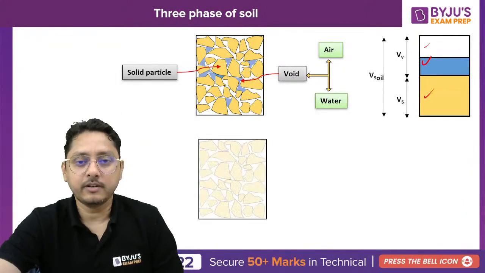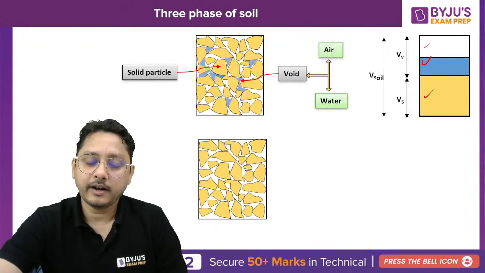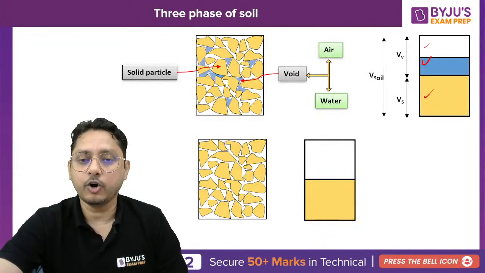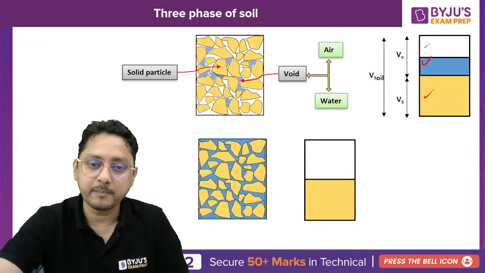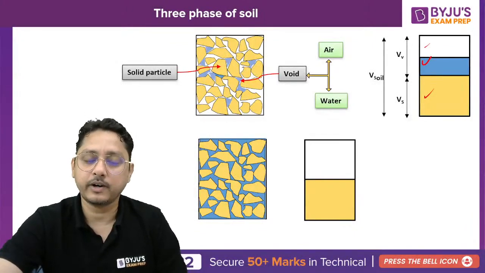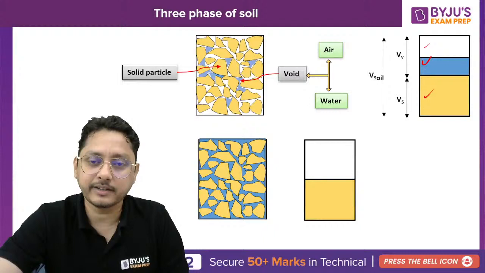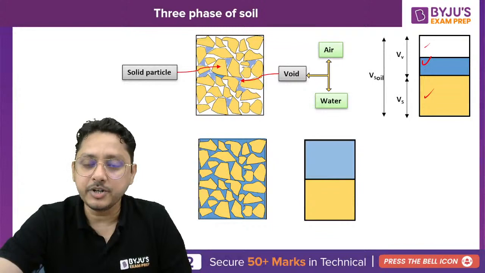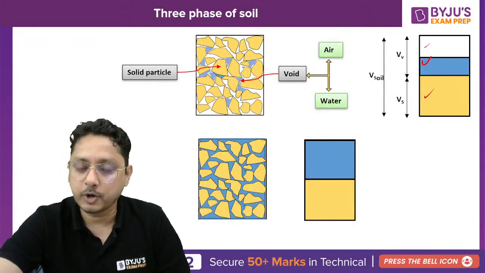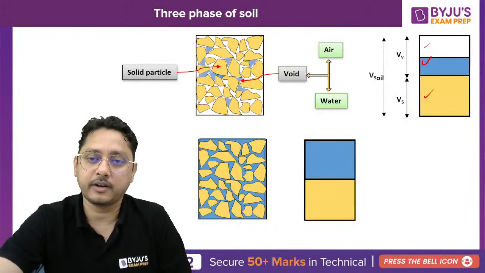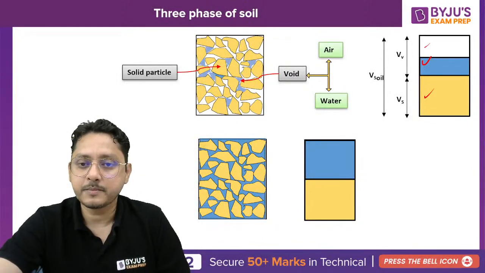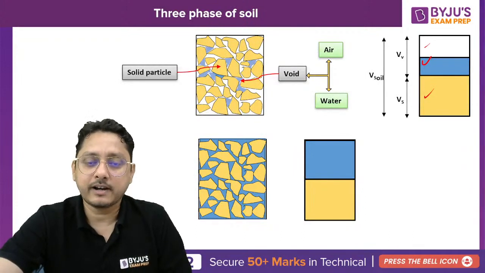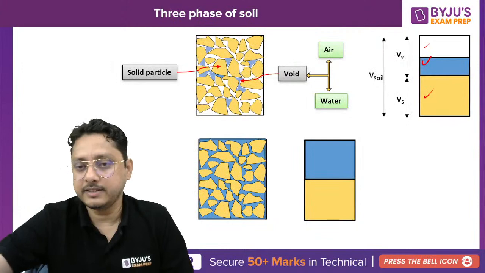Now suppose you have a soil with solid particles. This is your dry soil. If you don't have any water inside it, we call it dry soil. It may also be completely filled, where all the voids are completely filled with water. If all the voids are completely filled with water, then we call it saturated soil. How will we represent it? This is the representation for our three-phase system. Now it becomes only two-phase, because the void is completely filled with water. No air is present here. Then we call it fully saturated soil. All the voids are now filled with water itself, and this is the representation.